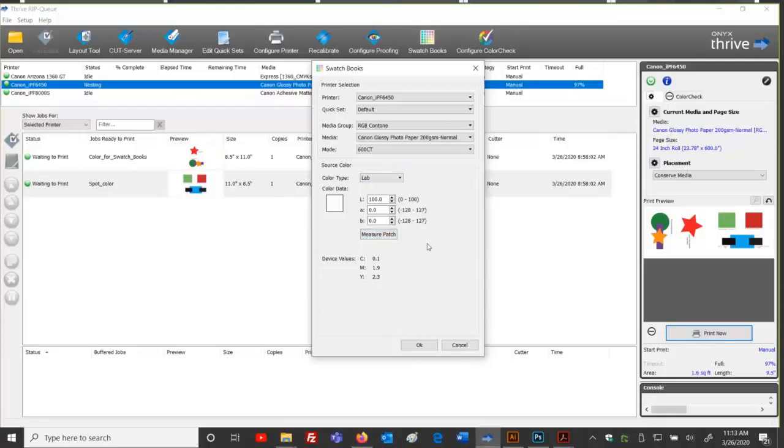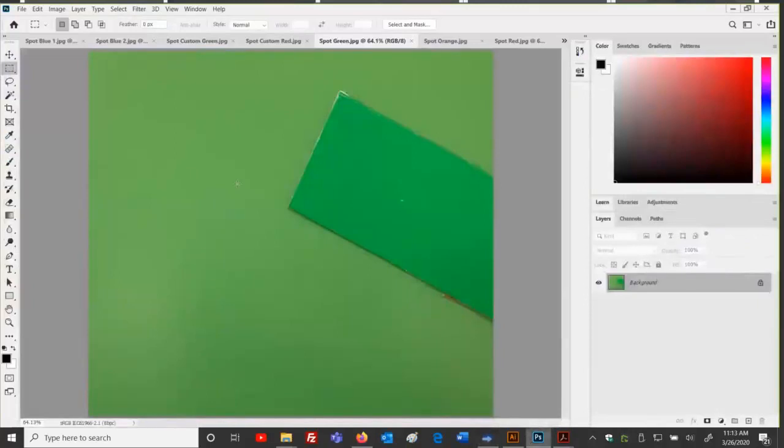And if I've got my spectrophotometer connected to the RIP right now, I'd be able to measure a patch and pull in an LAB recipe. So I can literally take my source color that I need to match, this little strip right here, and I can say, yeah, I need to match this strip of color right here. I can take a spot measurement of that, and then I can say that's going to be the loaded data that I'm going to start from and produce my swatches to get a match.